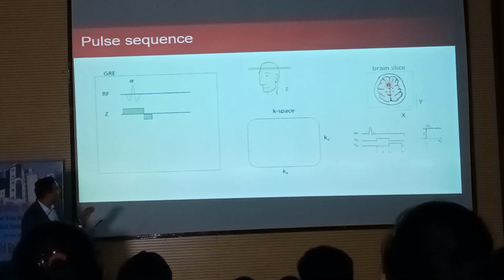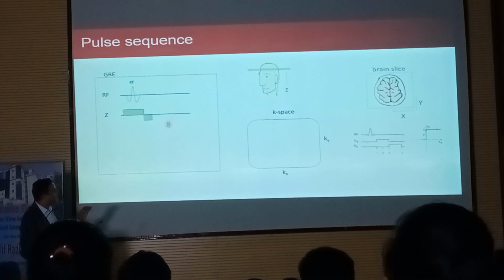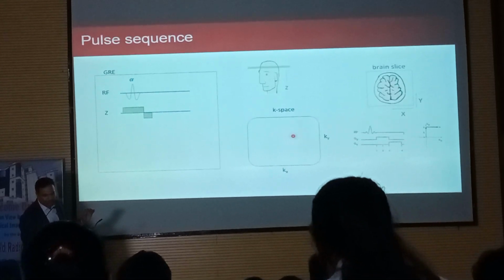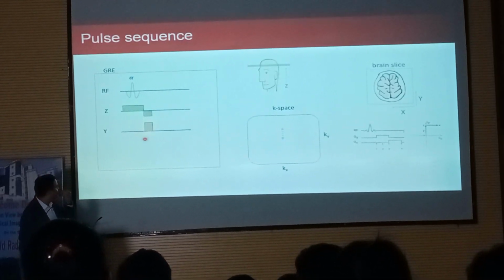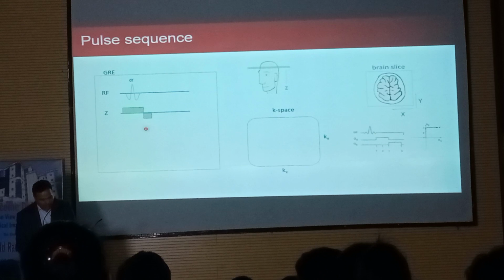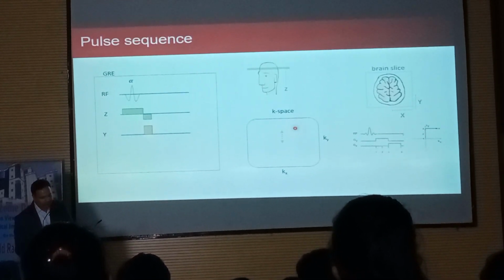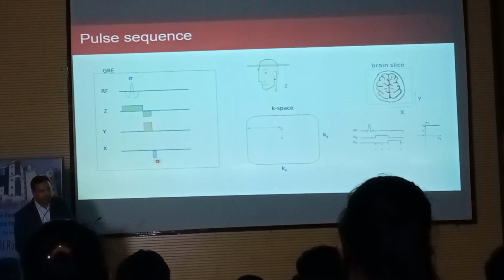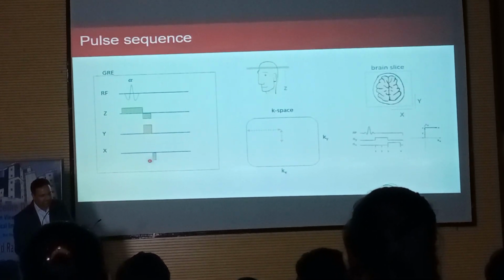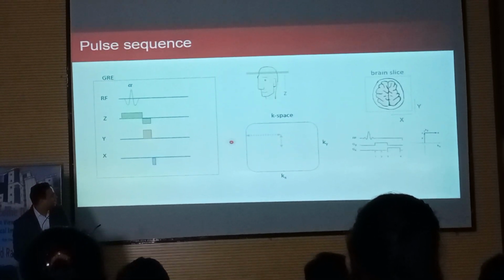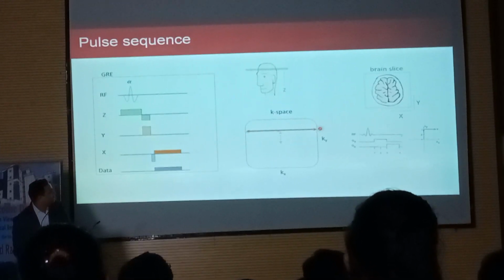Now we'll understand how, once we change the other gradients, K space gets changed. So here you can see once we turn on the phase encoding gradient, it moves towards the y-axis. We turn on the pre-phasing gradient, because it is negative lobe, so we go to the negative x direction, and then we will take the whole,